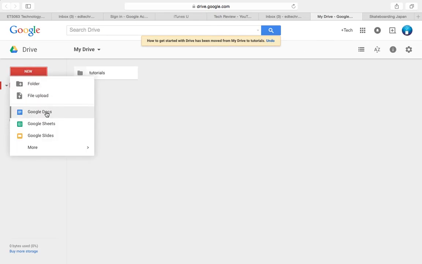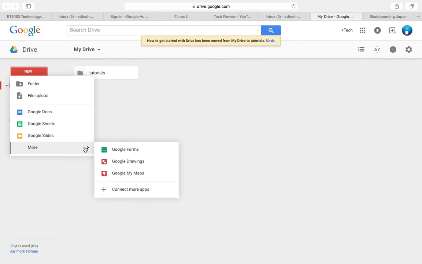We've also got right here, the first one, of course, Google Docs. It's like your Word documents. You've got Google Sheets, which is similar to an Excel spreadsheet, and we've also got Google Slides, which is just like a PowerPoint presentation. More importantly, actually most importantly for educational purposes, we've got Google Forms, and in a later tutorial I will show you how to set up a Google form and actually use this for quizzes and testing.